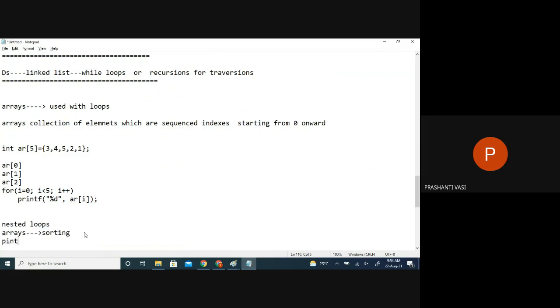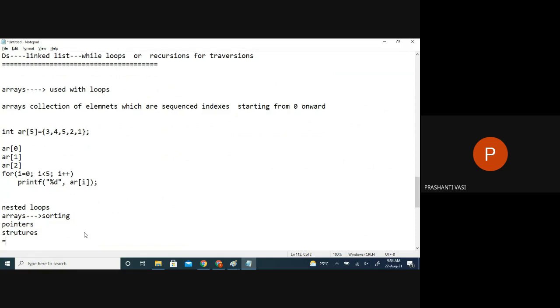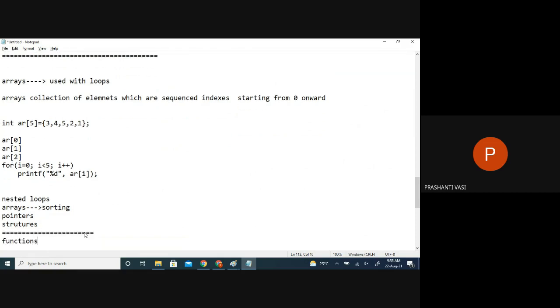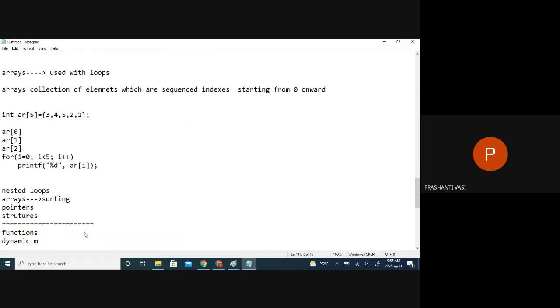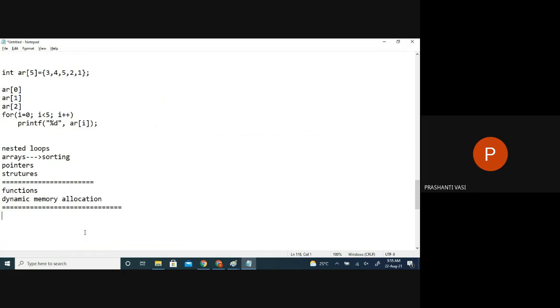After that, I'll be teaching you pointers. We'll start with the pointers topic and then structures if possible. Once these are finished, I need to teach you functions. We'll see how much you can do faster based on that. Functions and dynamic memory allocation. If you have done this, then only we can start with your actual data structures. Maybe we can start with the topic of stacks. Stacks and queues will be one day each, not more than one day. Each concept one class, complete and completely practical.